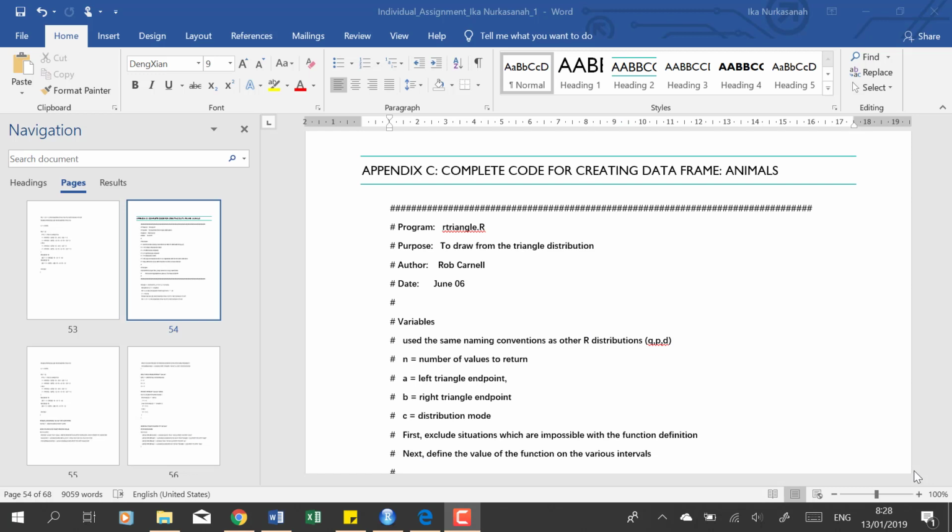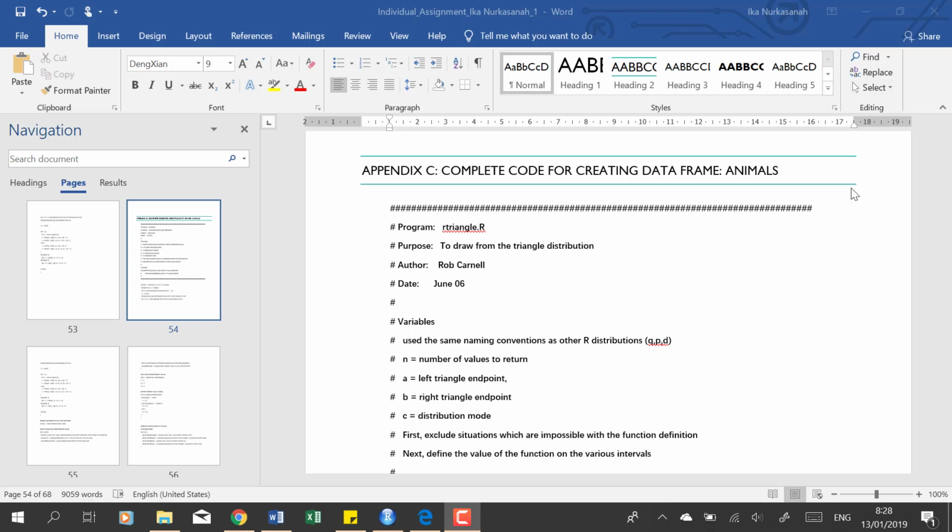Okay, now we are going to the second data frame, which is animals. Here, to show the advantage of studying distributions and applying them in R, I use two distributions that are different from the distributions that were explained in class before. I use a triangle distribution for height of direction because there is no information in the equation, so I use a different distribution. The second one is the Cauchy distribution. Because the triangle distribution has not been installed in the R package when I use RStudio,